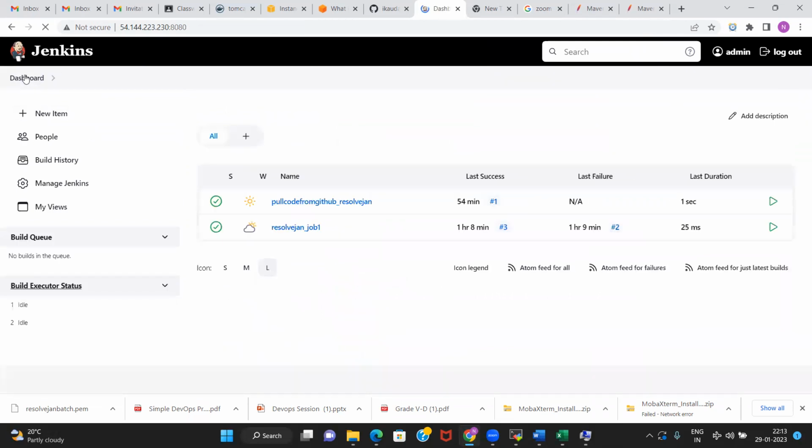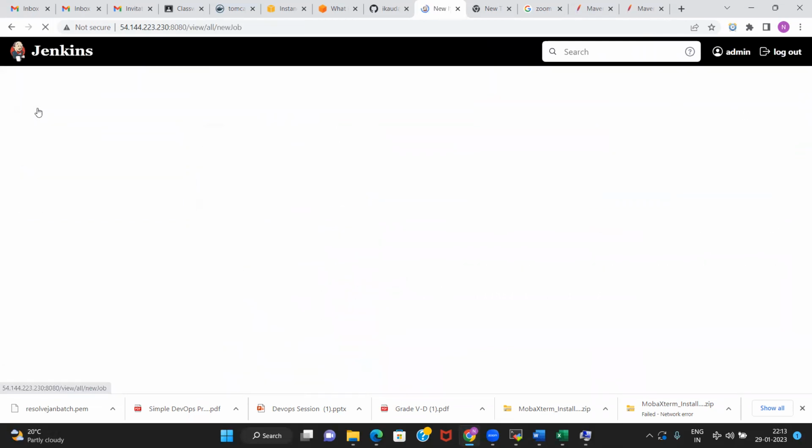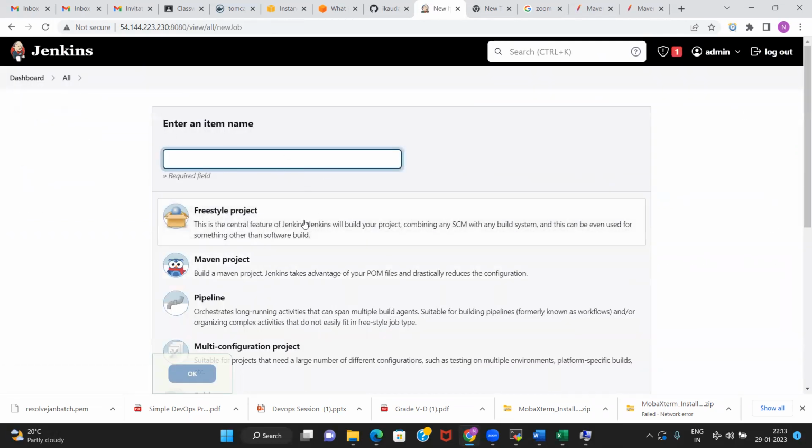As I said, what will happen once we do that? When you start a new job, you will see the Maven project option here.